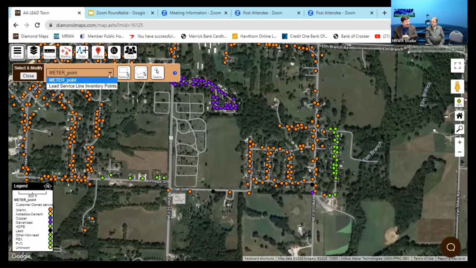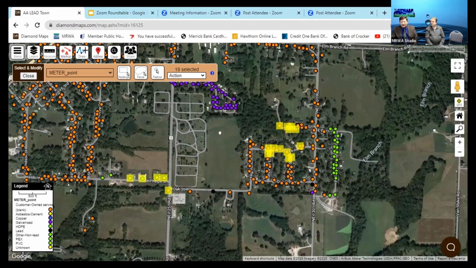And then I can decide whether I want to use a box, which will actually draw a box. You drag your mouse, it makes a box. If I go up here and clear this and say I don't want to use that, and say I want to use a circle, now I can actually draw a circle and be a little bit more specific. So those are a couple of different ways, or you could actually do one at a time. But once you select that,